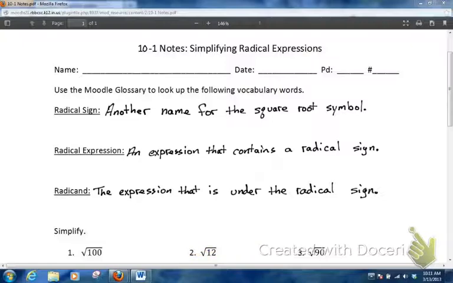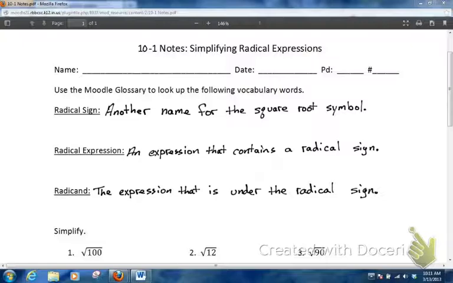Or on number 3, if I said what's the radicand, you would just say 90. The expression is the square root of 90. The radicand is just the part underneath the radical sign. That will become much more important in later sections, understanding what the radicand is. So get those definitions down, and then we will move on to how to simplify these